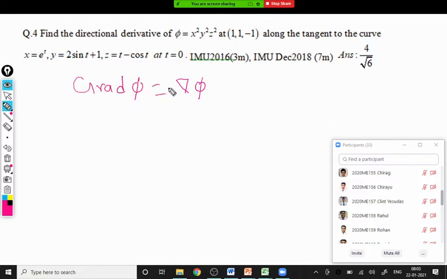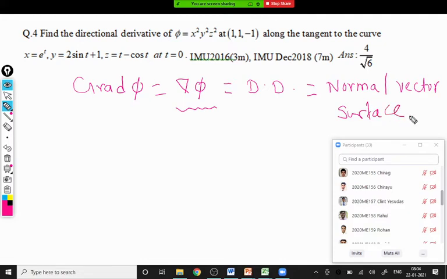Another name for del phi is the directional derivative. So whenever the question comes, find the directional derivative of the function phi, we are calculating del phi only. And the third thing, if we are interested in getting a normal vector to the surface, then also we are calculating del phi only. So the normal vector to the surface at a particular point. So these three things, whenever the question comes, find the gradient,